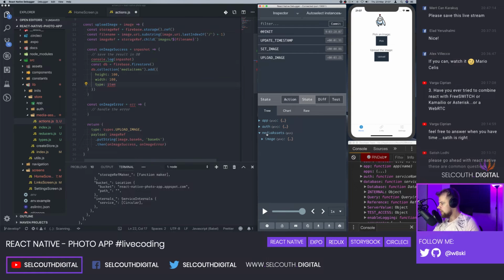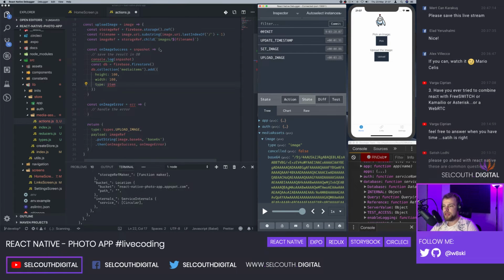It's just so slow, isn't it? It's because that base 64 is so huge, and I closed it as well, and it's gonna take, again, forever. But you can see what I'm trying to do. So I'm trying to upload the image to Firebase storage, and if it successfully